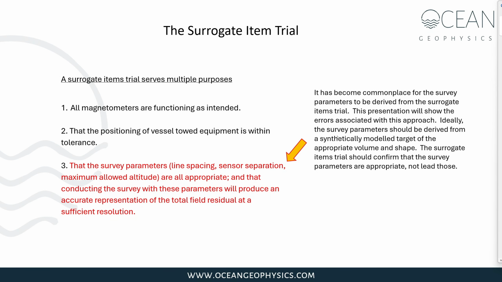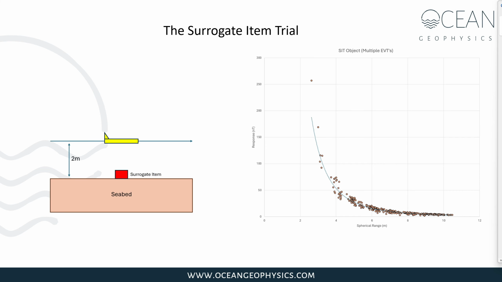We're going to talk through a surrogate items trial, the point of which is to define our survey parameters, and we will show why that is a terrible idea. We're attempting to create a response curve, a graph of response in nanoteslas against spherical range, which is here on the right. A surrogate item of known volume and shape is placed on the seabed in a known position, and